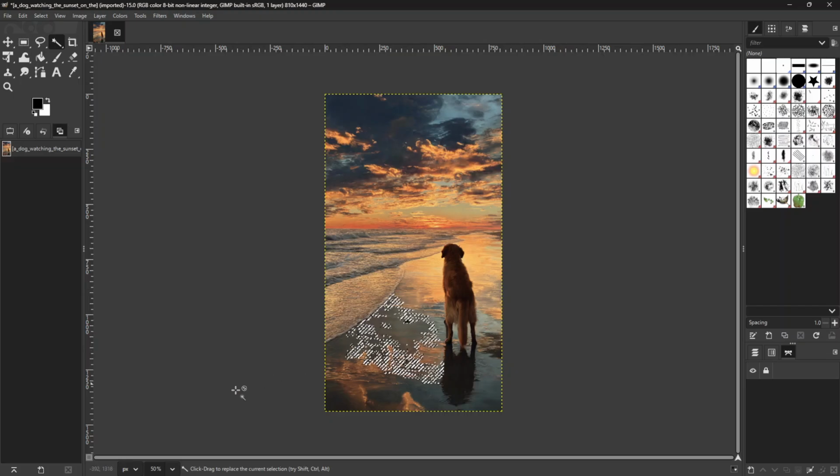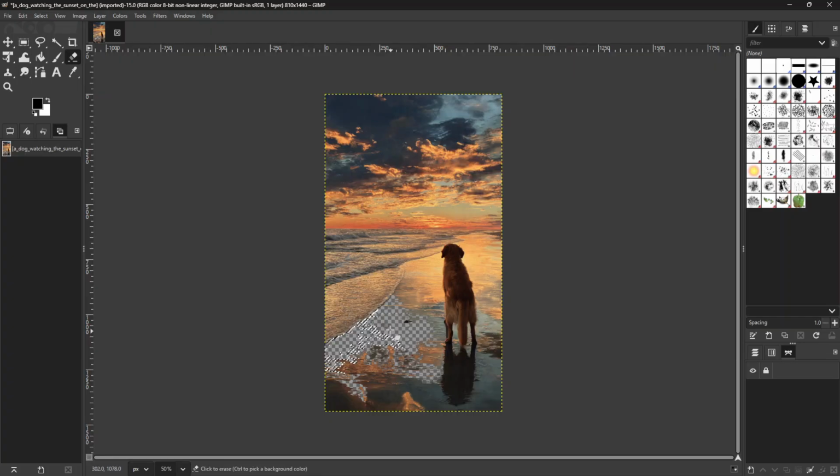Once you're satisfied with the selection, it's time to remove that background. Simply press the Delete key on your keyboard. You'll see the selected areas become checkerboard patterned, which indicates transparency. If some areas of the background remain, or if the selection wasn't perfect, switch over to the Eraser tool, identified by the eraser icon in the toolbox. You can manually erase any unwanted bits, making sure your subject is cleanly isolated.